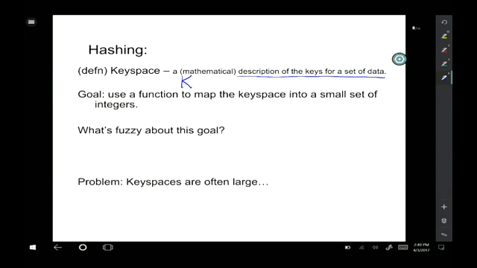Every element of a set of data is going to have some key associated with it, and K is going to be the set of those things. In that case, we're going to use a function, I'm going to call it H, to map the elements of that key space to,